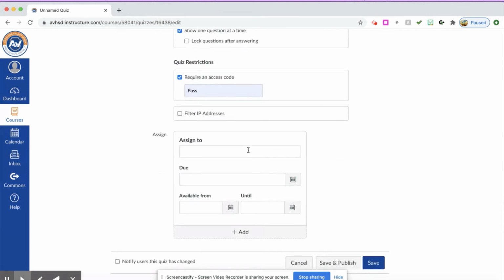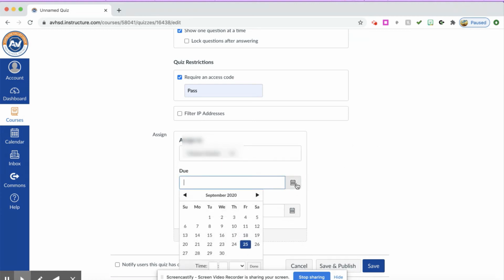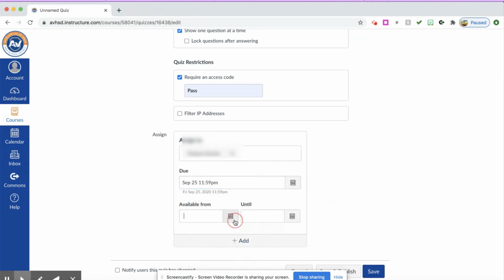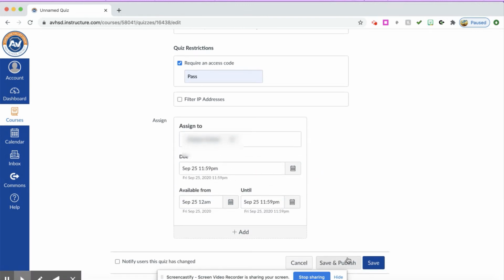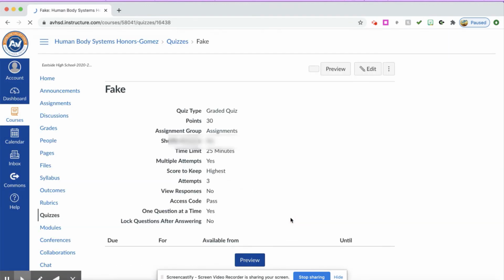Okay, I'm going to see if I can give this to a student just so you guys can see what I'm talking about. Okay, and once that's done, this will save and publish. Okay, now I have that quiz that's on here. I'm going to show you another cool feature. So if I go to this quiz